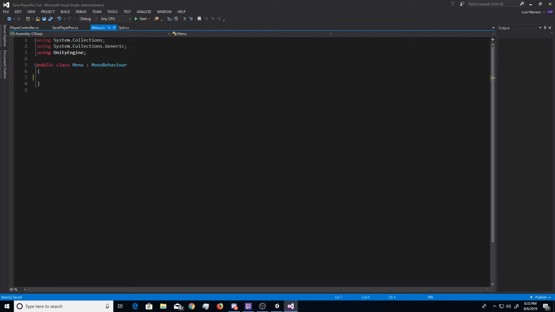So on the new game here, again, we'll do public void new game and create that. Oh, there should not be a space there. Okay, and then let's create another public void, this time load game. And again, let's go ahead and do